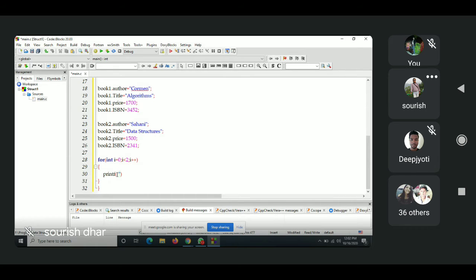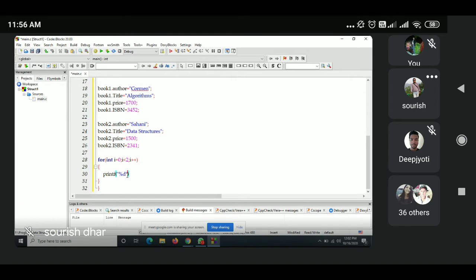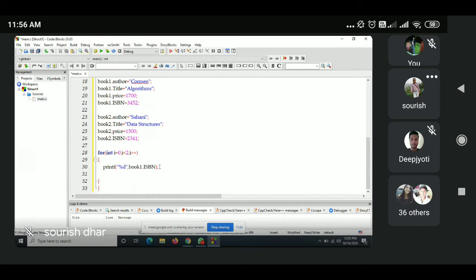Percentage t, percentage t, comma, book1 dot, and it is percentage t. This is the title. What is the title?